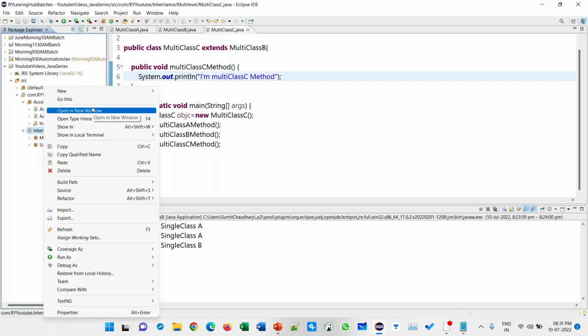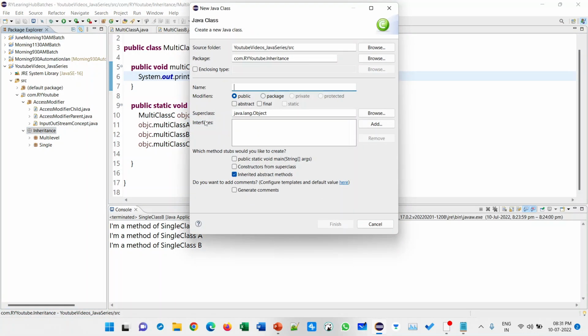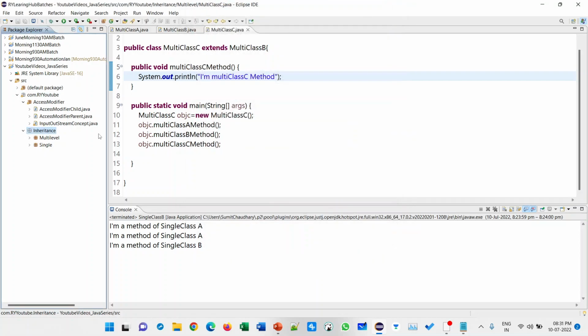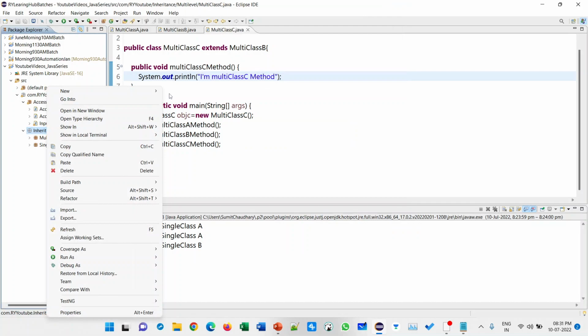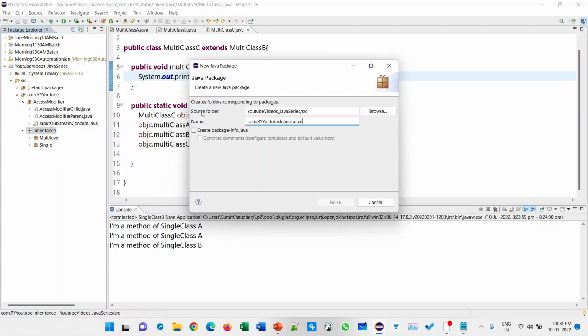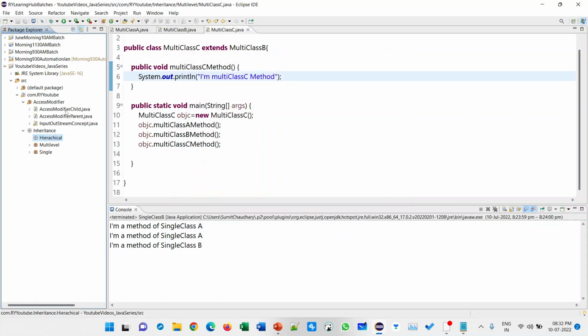Now the third one is hierarchical. Not class, but I am going to create a package, hierarchical.